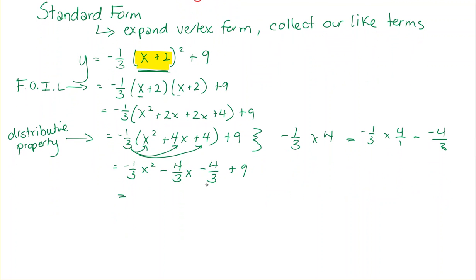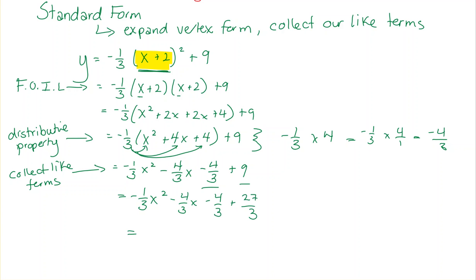What we need to do here is now collect our like terms. Our only like terms are this -4/3 and 9, and in order to collect the like terms, because we have fractions, we need to find a common denominator between those two values. The common denominator is 3, and if I make 9 into a denominator of 3, it's going to become 27 over 3. The last thing we need to do is simply just add these two fractions together,